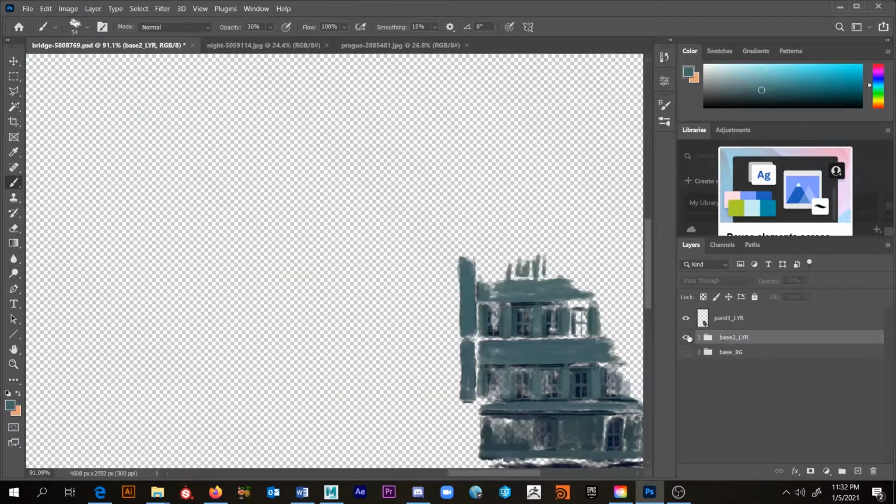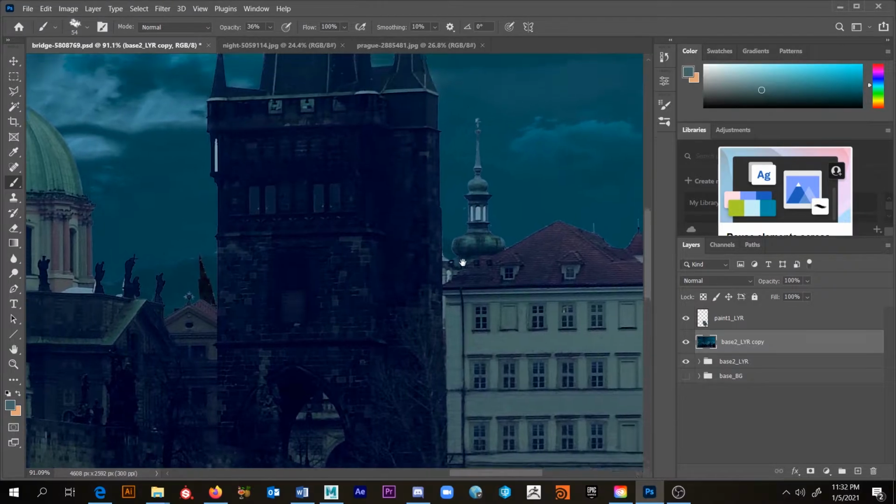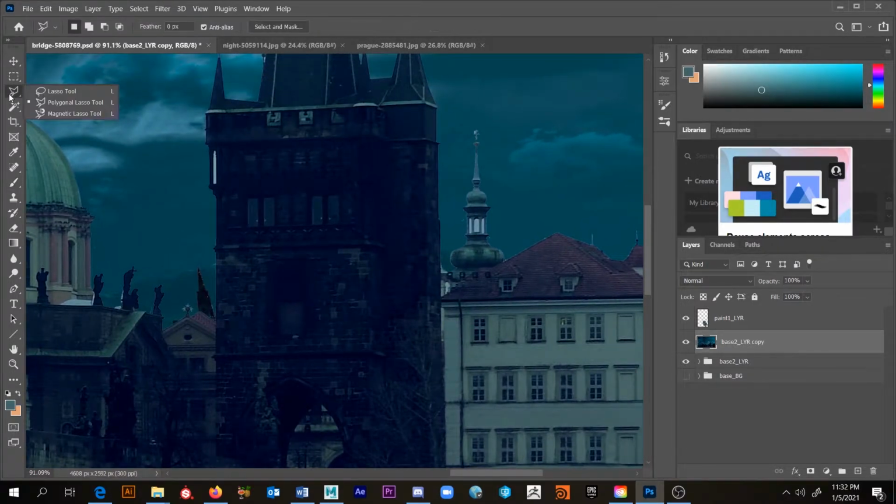Okay. And so there we go. I'm going to Alt drag this base layer up, and I'm going to do Control E to flatten. Okay. And so what I want to do here is come over here to this polygon lasso tool,